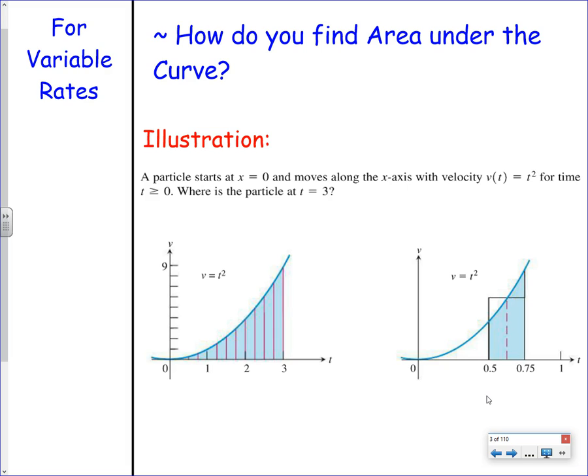So our illustration is a particle that starts at x equals 0, moves along the x-axis, so it's just moving horizontally, with the velocity function as is shown. The velocity function is now variable, not constant, as shown in the graph below, t squared between 0 and 3. The question is, where is the particle at t equals 3? We know where it starts, so all we need to figure out is the change that occurs. So the question is, how far did it travel in the 3